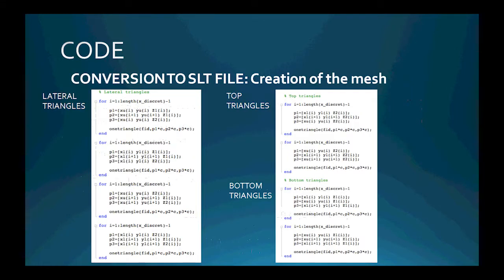Finally, the mesh is generated for the upper, the lower, the top, and the bottom surfaces, using different loops and all the coordinates computed before. As shown on the screen, all of them are used. With it, the file is completely defined, and now we show the verifications to ensure that the code is correct and the STL file is correctly generated.